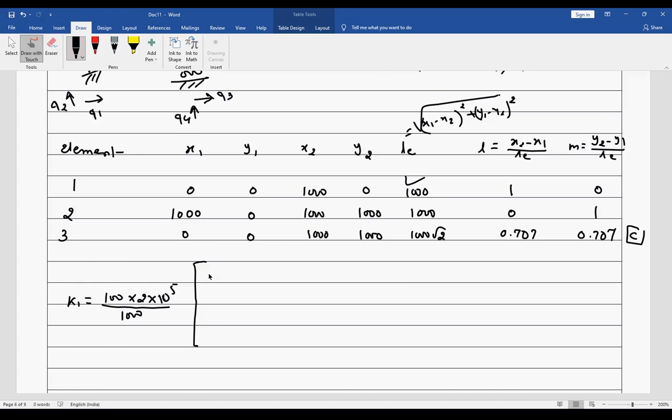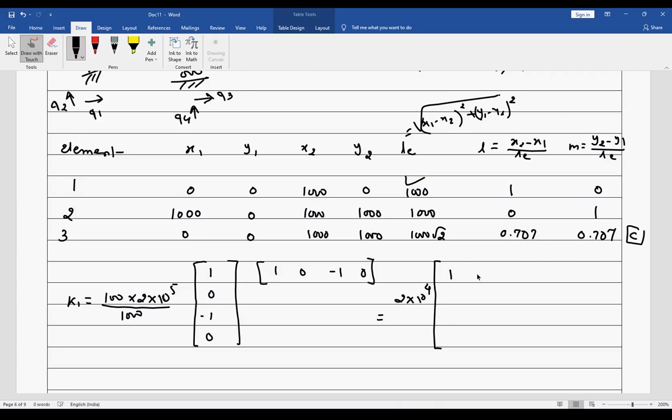So my L is 1 and M is 0. So the matrix is 1 0 minus 1 0; of course this is minus 1, and I have 1 0 minus 1 0. So this will give me, so 1000 will get cancelled, so I have 2 into 10 to the power 4.